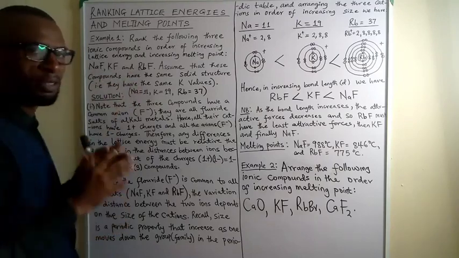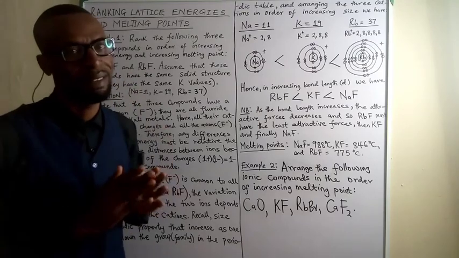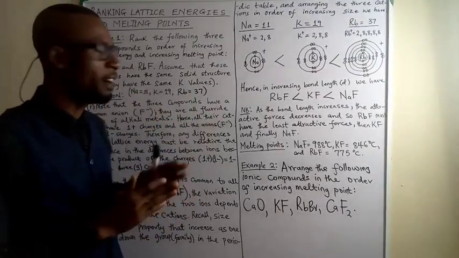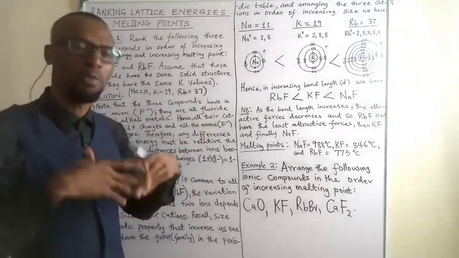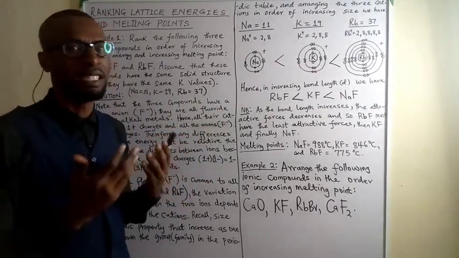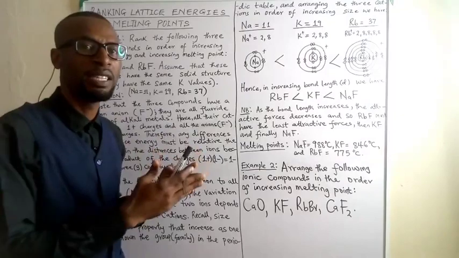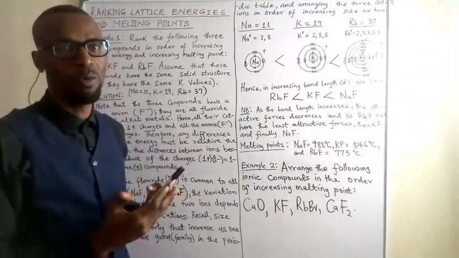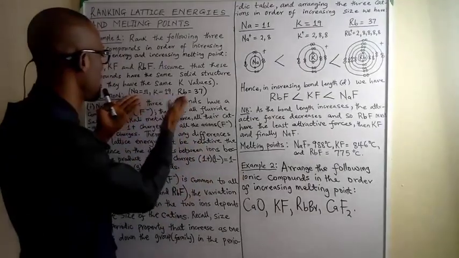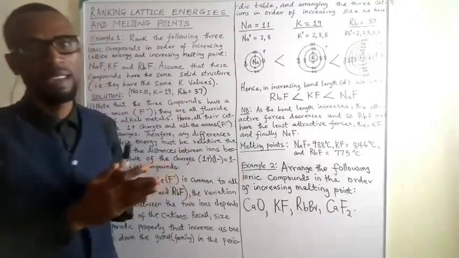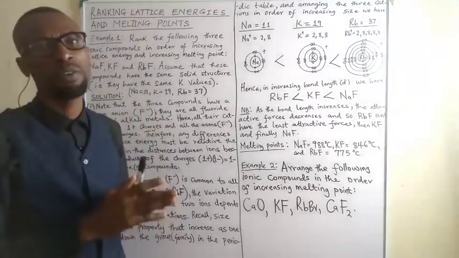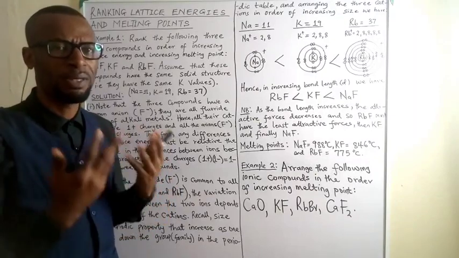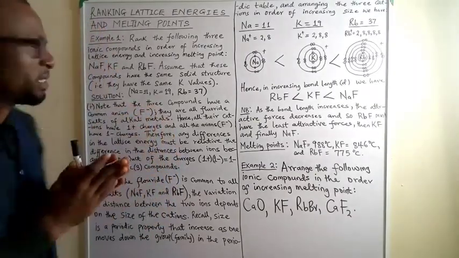The second takeaway is that if you look at the elements sodium, potassium, and rubidium, you discover they are all alkali metals, even though they have different atomic numbers. Of course, that brings in a difference in their ionic distance, or the bond lengths will be dependent on the fact that they have different atomic numbers. And they belong to different periods, even though they are in the same group of the periodic table.